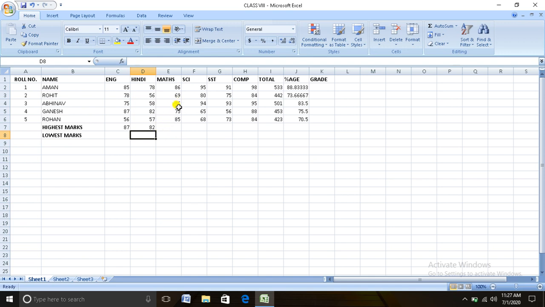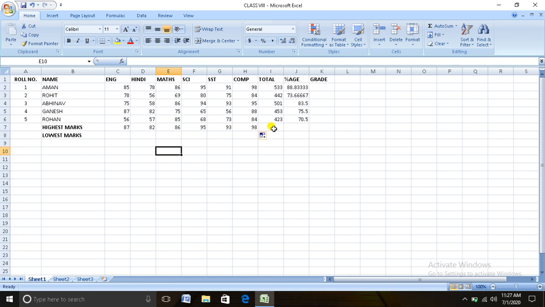Similarly, we can find the maximum or highest number in another subject, but if you want to copy it, place the cell pointer on the required cell and press and hold the left mouse button and drag it. Now we have the highest in maths, science, SST and computer.